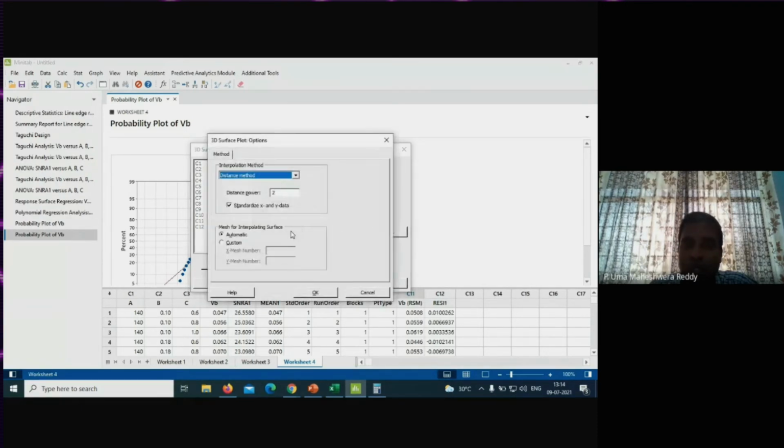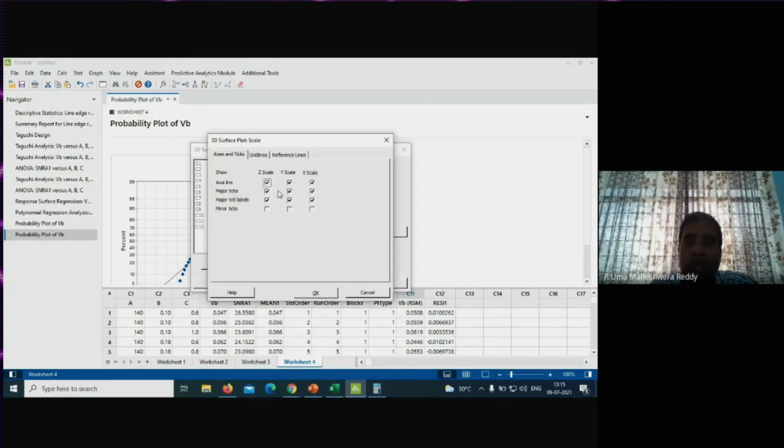So surface options. Here there is the distance method, and there is Akima's polynomial method. For the surface plot, you want to have smooth lines, so this method provides you the smooth lines for the graph. So let me select this Akima's polynomial method. Both are the same, you will get the same surface plot from both, but the surface smoothness is more in this method. And custom. Let me select custom because I want to set the mesh size. Let me select 20 grid numbers on the graph. You can select some number, and you see the difference if you select a low number and a high number.